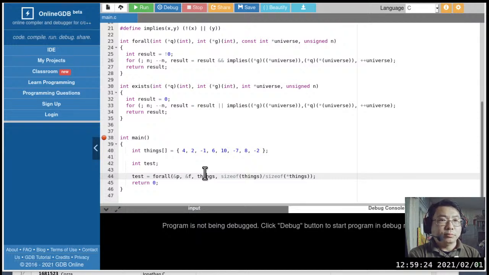We got a filter. The filter says if something is not non-negative, we are not even interested. And then the predicate P is saying, well, I want to see if this thing that we're examining is even or not. So what should for all here on line 44 return?